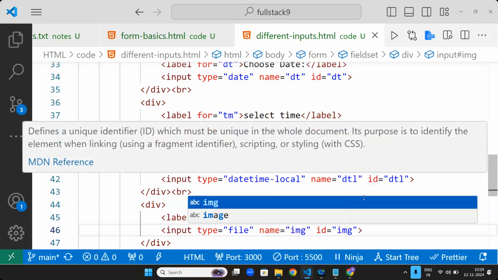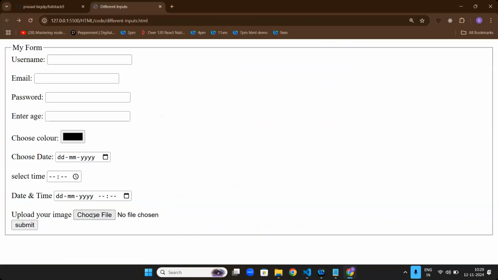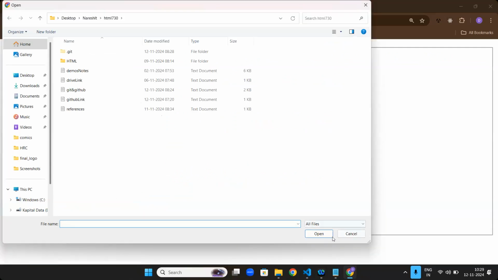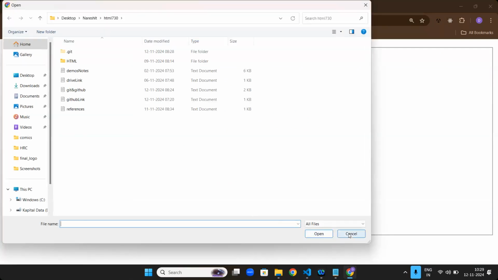Now if you give something like this, you can select whatever file you like. You got my point, ma? You can select the files directly and keep them.